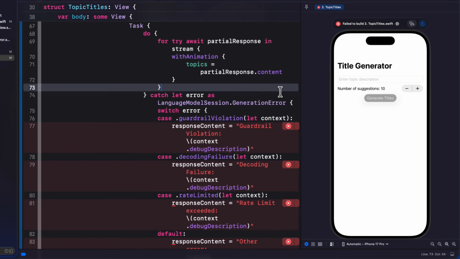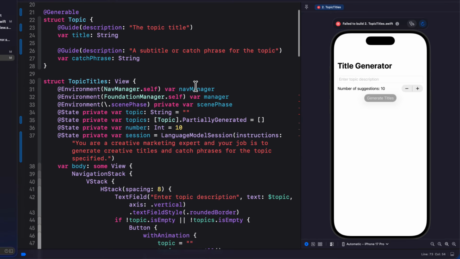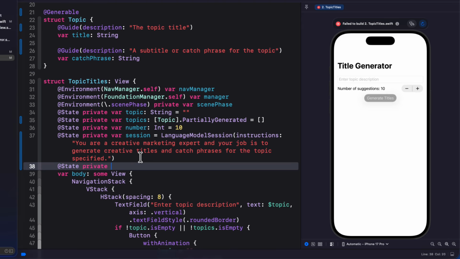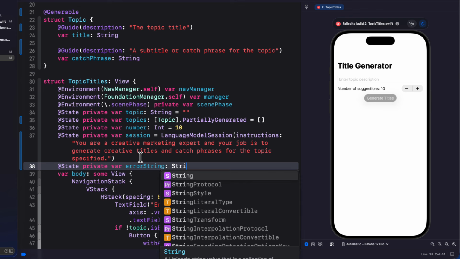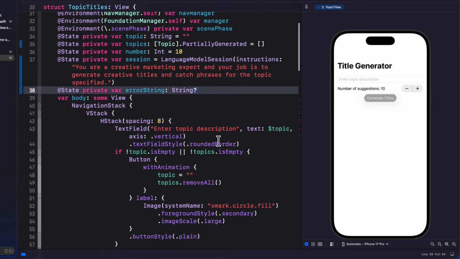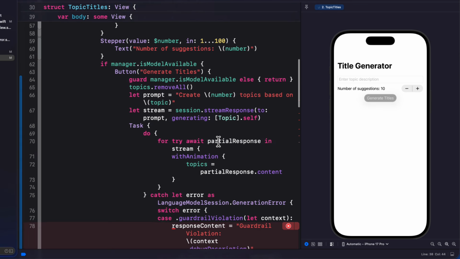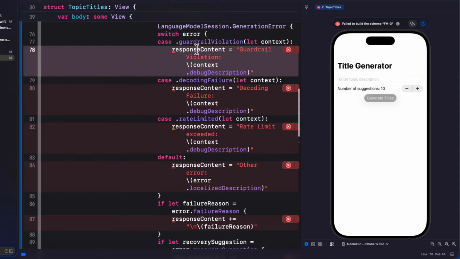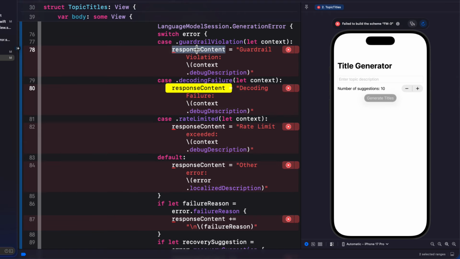The catch block, however, is expecting to update response content, which we don't have. But what I'm going to do is create an optional state string property called error string. And that's what I'm going to update if I get an error. So back here then in my catch block, I can replace each instance of the response content with error